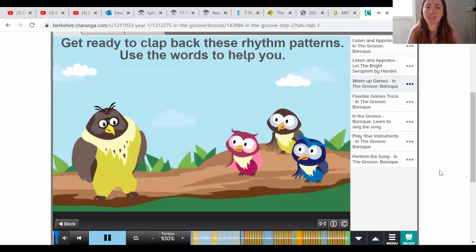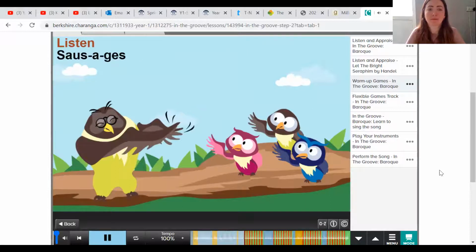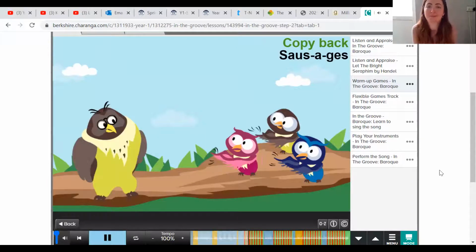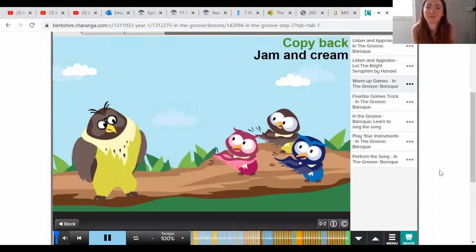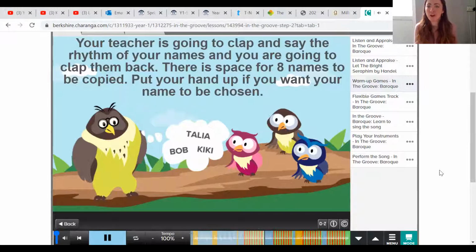So clap back these rhythm patterns. Try and clap the rhythm of your family's. So have a go at clapping to